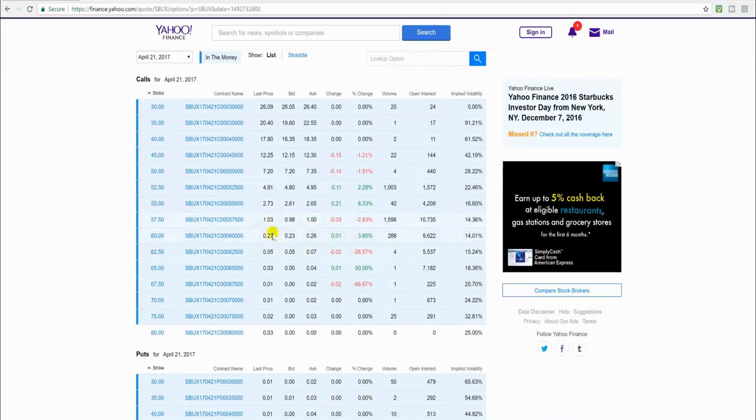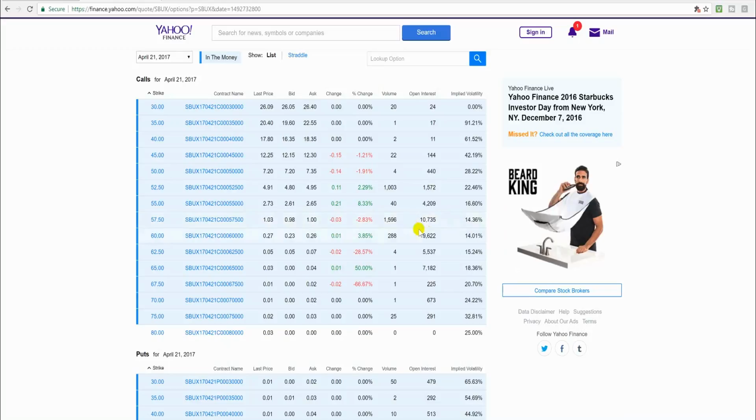I don't know, sometimes they screw up the thing, but this is the bid and the ask, and so obviously we'll call it $1. But you can see that these calls have, why I like this as well, good open interest, and there was good trading happening here. Not so much in the 60s, but there's open interest in the 60s as well. So the 60 calls are,